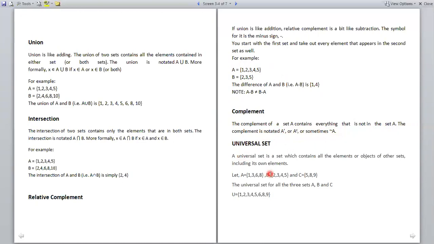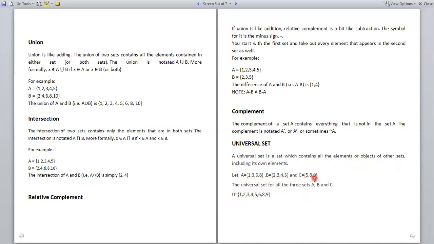Next, which is universal set. What is universal set? A universal set is a set which contains all the elements or objects of other sets, including its own elements. Like if we consider A, B, C, which are three different sets, the universal set contains all the elements present in A, B, C. So the universal set is the set which contains all the elements or objects of the other sets.